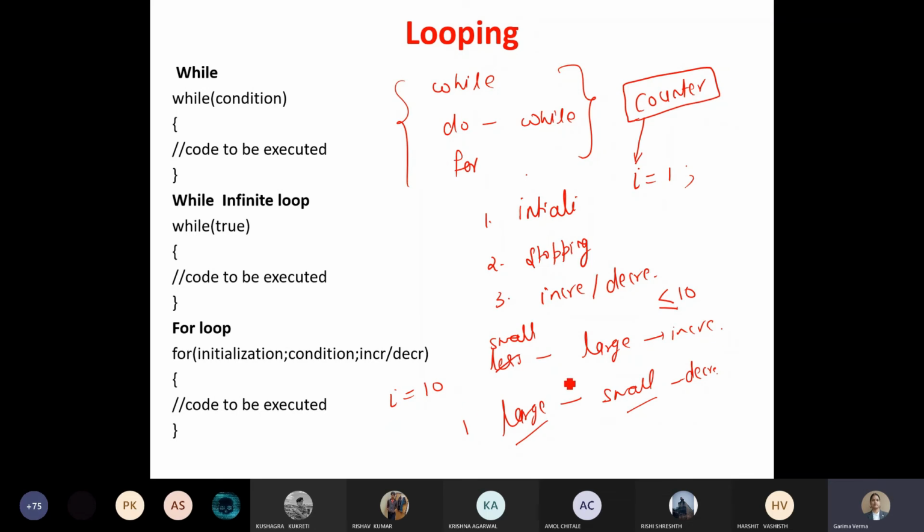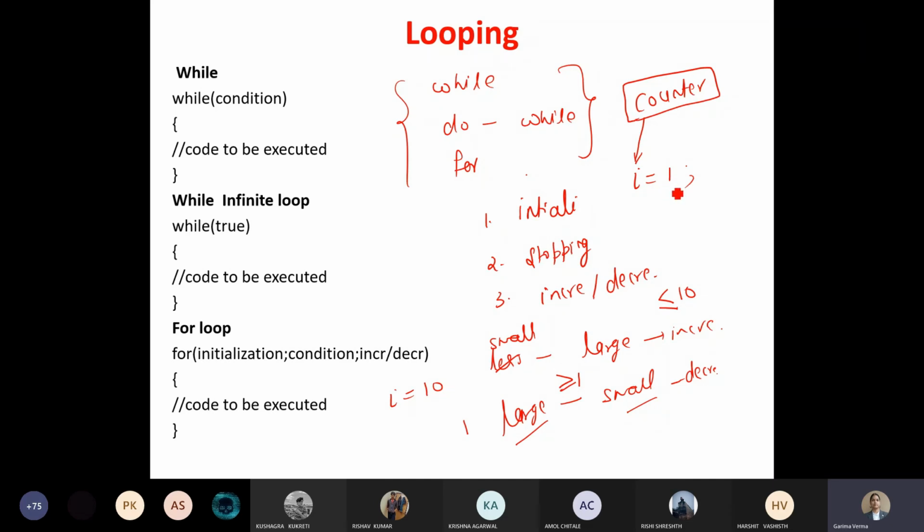So you will compare whether your value is greater than equals to 1 or not. So this condition, this relational operator you have to mark: you have to apply less than or less than equals to while incrementing, and greater than or greater than equals to while decrementing. So right now I'm making an increment loop.